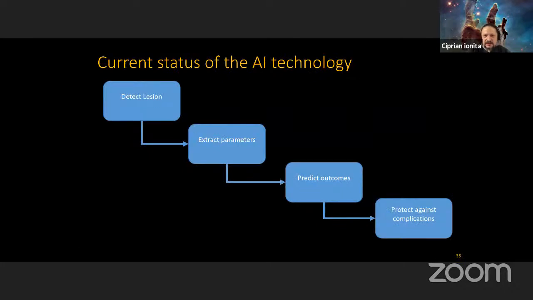So the current status of our AI technology that I will show you today is as follows. It detects the lesion, in this case the aneurysm. It extracts the parameters. Then it predicts outcomes. And here I have to make sure that I make myself clear. These are not outcomes like yes or no. We were thinking as engineers when we started this, and we liked